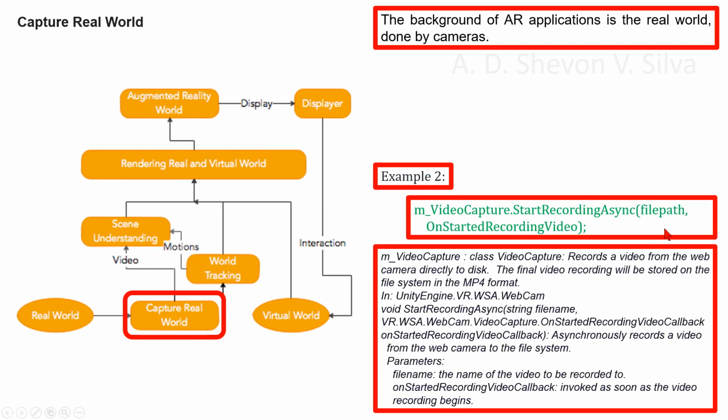As an example two, we can consider this one. Here m_VideoCapture. This is from the class VideoCapture. Records a video from the web camera directly to disk. The final video recording will be stored on the file system in the MP4 format. This class is in